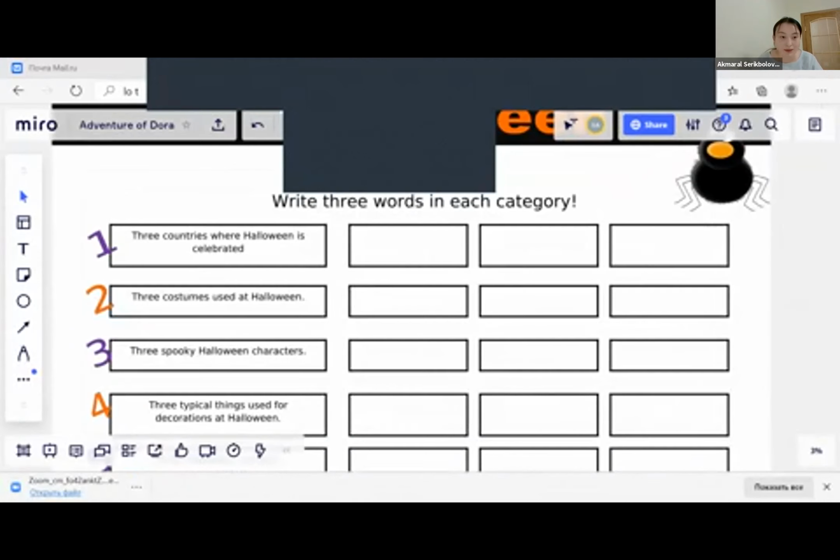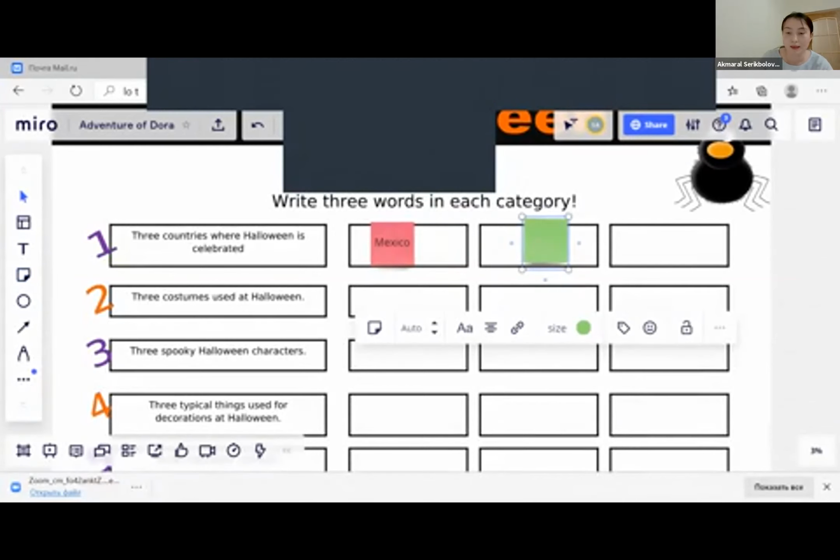Here, you can also attach the sticky notes like this, and learners need to write their responses. For instance, here we write Mexico. And so on.